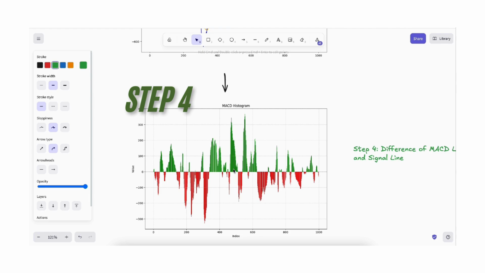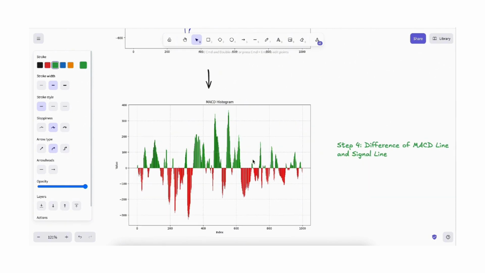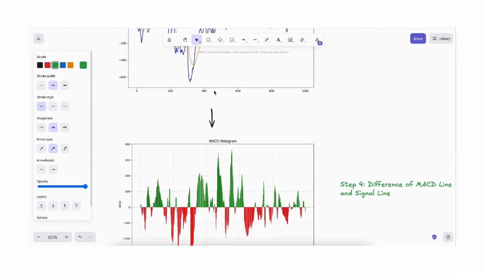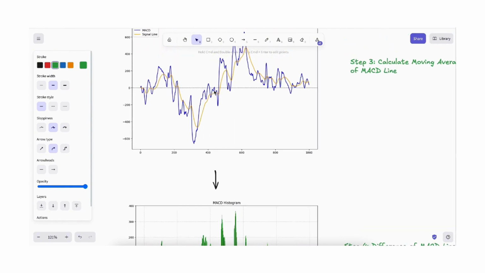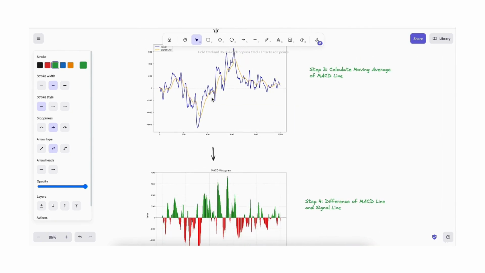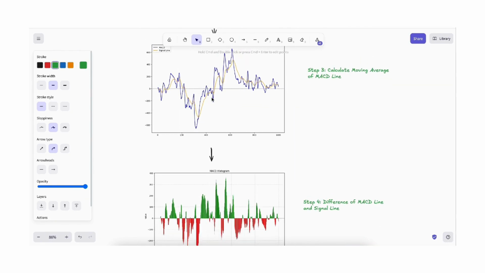If you're using something like TradingView or some other charting software, this is the plot that you're going to see, and this is the final step of our calculation, where we are going to see the difference between the MACD line and the signal line. So if you look closely at this plot here,